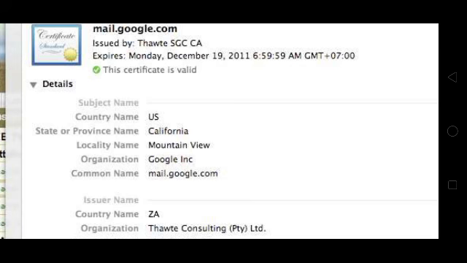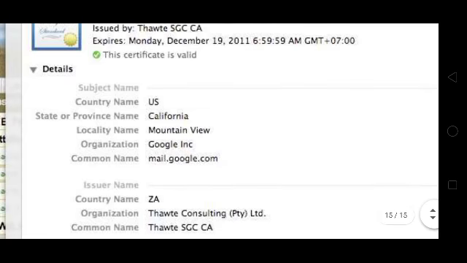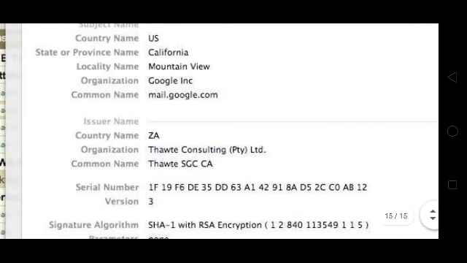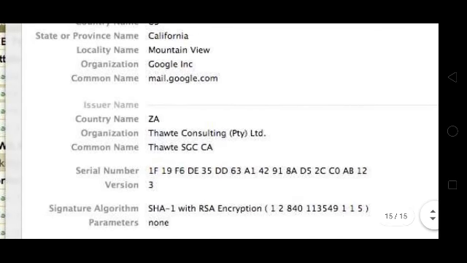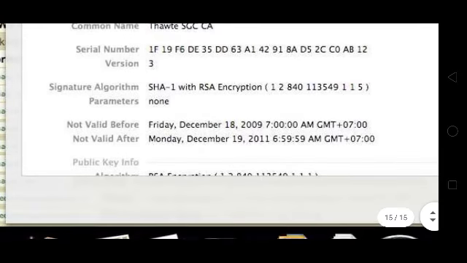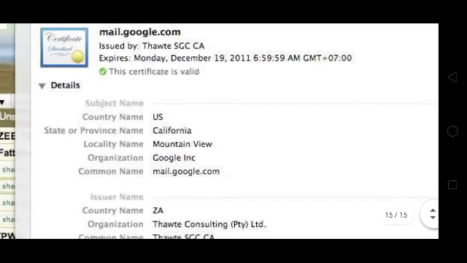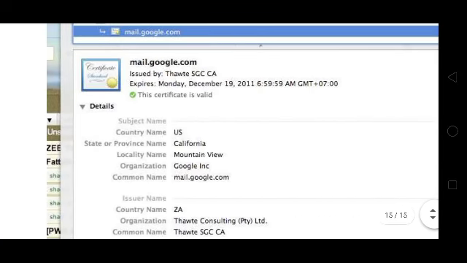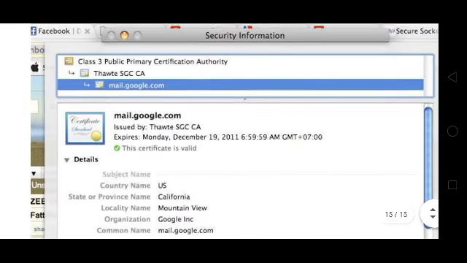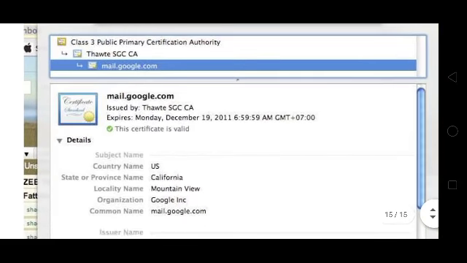Then next it shows the country name, then state, like this the number of details taken from the website owner. So this is all about SSL.